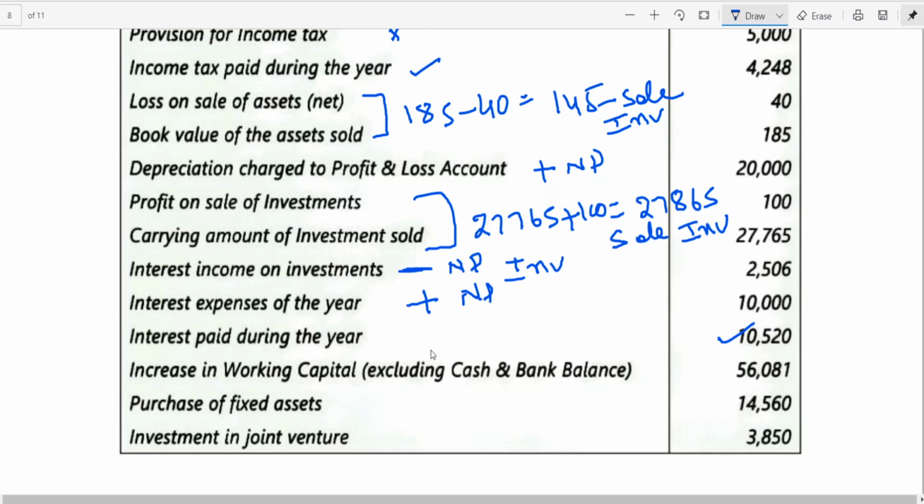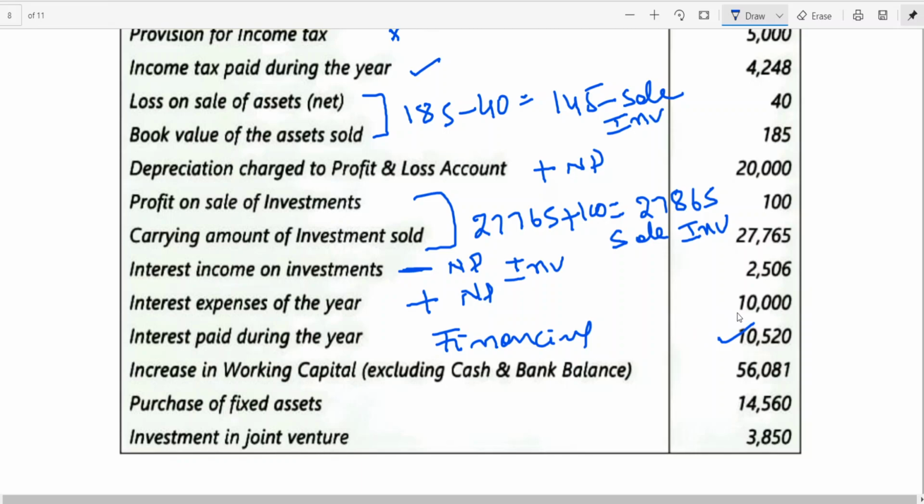I think you might have learned it, those who are from CA Foundation, not for profit making organization, or in single entry in the beginning. The difference between cash basis and accrual basis, you have the notes, you can see the beginning of single entry. There I have explained you. So interest expenses paid will be taken as financing activity. But since interest expense of the year has been debited to profit and loss account, your profit has decreased, so to net profit you need to add how much? 10,000 rupees. Is this clear?